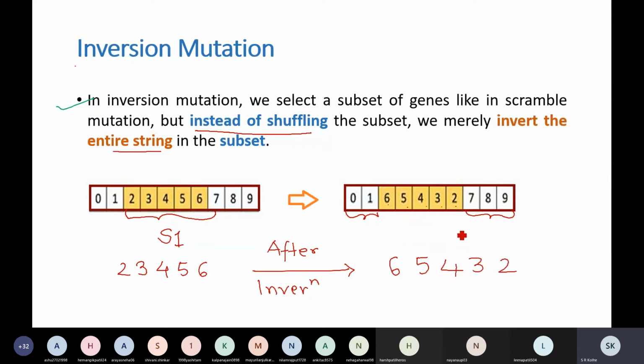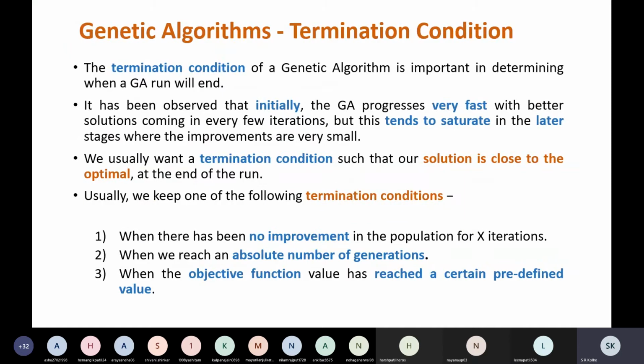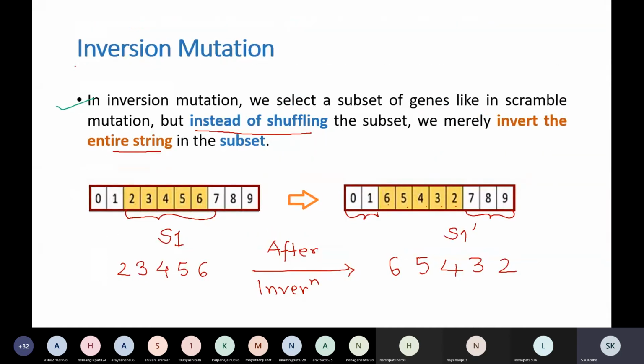And therefore this S1 dash will be 0, 1, 6, 5, 4, 3, 2 and 7, 8, 9. This is inversion mutation. Okay. Any difficulty up to this in mutation? So these are the techniques which you can use for performing mutation.